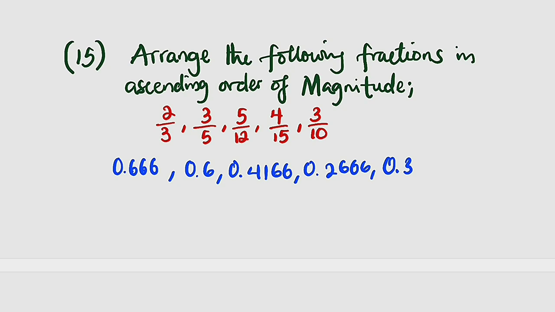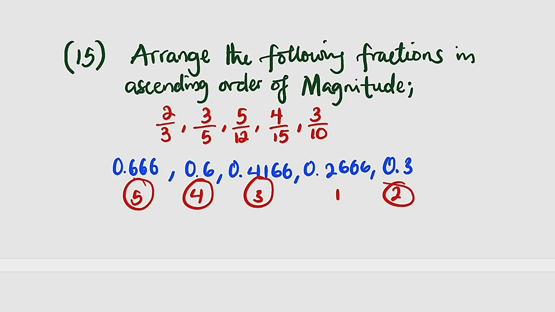So which one is the smallest here? All of them contain 0 point. So we have to look at the next digit. You can see that if you look at the next digit after decimal, this is the smallest number right here, right? So let me mark it as 1. So we have 1 here, then followed by which number? Followed by this one. We have 2 here, followed by this one. We have 3 here, followed by this one, because this is just 0.6. This is 0.666. So this is 4 and this is 5, meaning this is the greatest, followed by this, this,